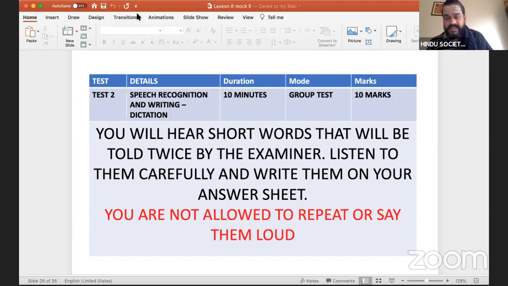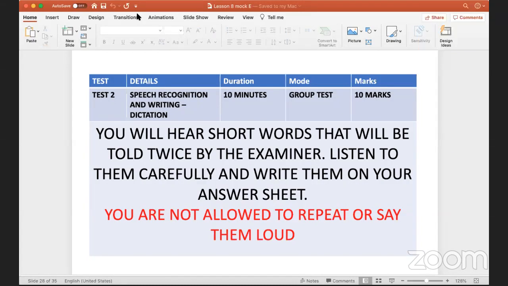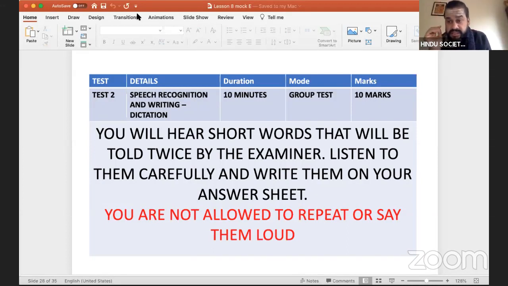Are you all ready for the next test? Again, I'm going to say it very clearly now. You will be hearing a few words in Sanskrit, and the idea is for you to write those words in Sanskrit. As I told you in the first test, even the name, you have to write it in Sanskrit. So don't write anything in English right now. Listen carefully to the words and write them in Sanskrit and send it to me after you finish this test. Take a picture and send it to me. Is that clear? Any questions now? So everything is in Sanskrit, right?